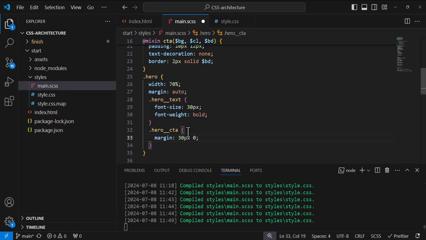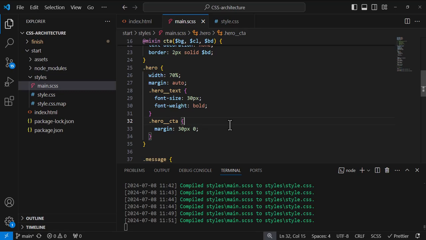So this way now, I have nested this hero text selector and hero CTA selector inside the hero block, and it makes sense because they are ever going to be used along with the hero block. Otherwise, I wouldn't have called them hero text, hero CTA. Now, if we place a cursor on it, you see that they are actually inside the hero block. And of course, if you've been writing CSS, you know that this is not possible in CSS. Now, so if I save now and take a look,